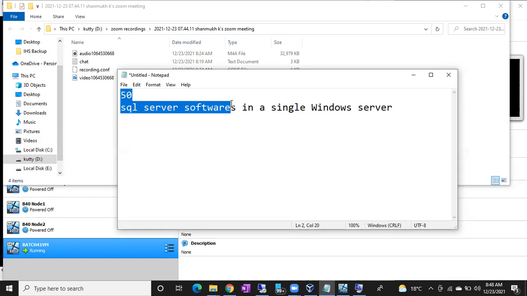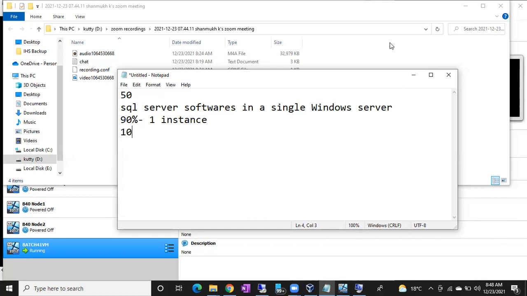If you ask me, sir, are we going to install 50 instances in the organization? No, hardly one instance. 90% only one instance will be installed per machine. The remaining 10%, some machines will have 2 or 3 instances per machine. Very rarely you can find 4 instances per machine, but no one will install more than 4 or 5. You can install up to 50, but hardly you can see only 1 or 2 machines with 4 or 5 instances.